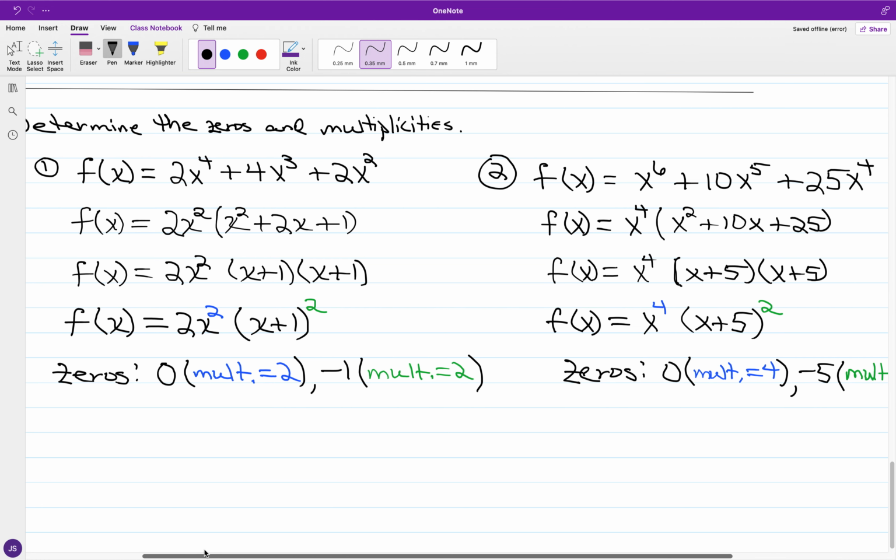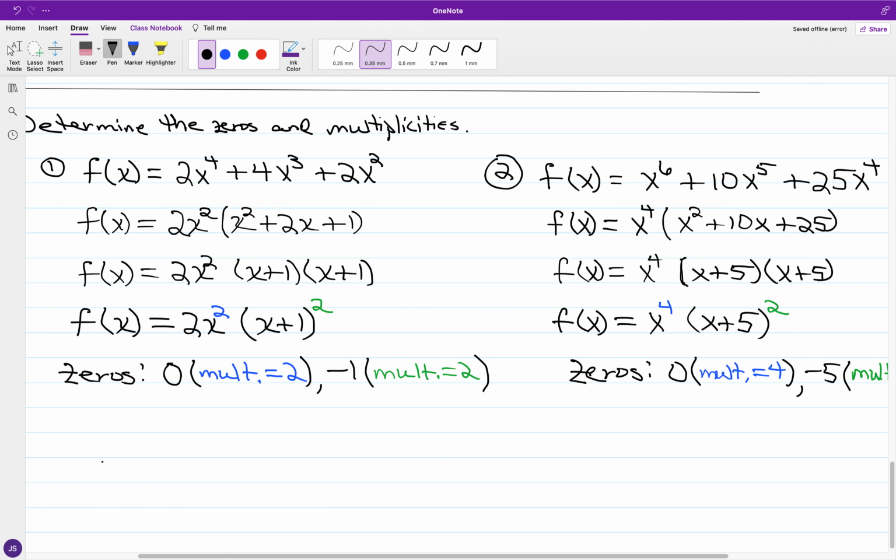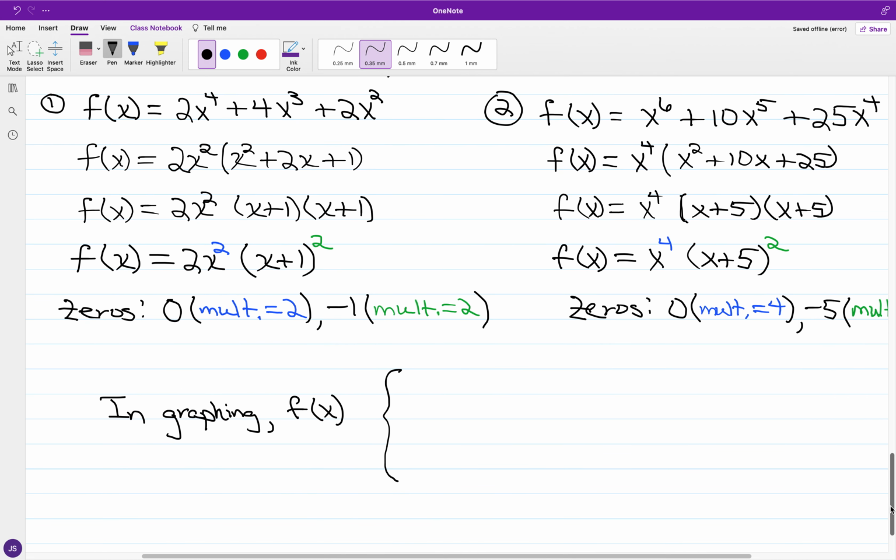Looking at graphing, whenever f of x gets to the x-axis and interacts with whatever is on the x-axis, there are some procedures in terms of how f of x is going to follow through. First of all, in graphing, f of x is going to cross the x-axis